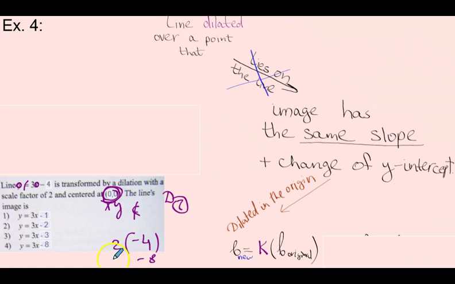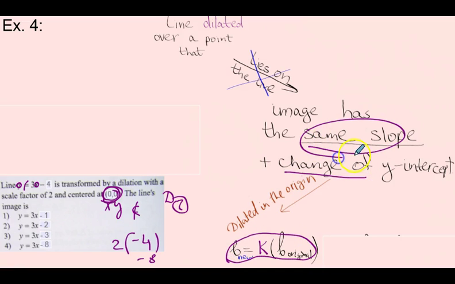And we know that the slope would be the same. So, having slope of 3 and the y-intercept -8 means that our